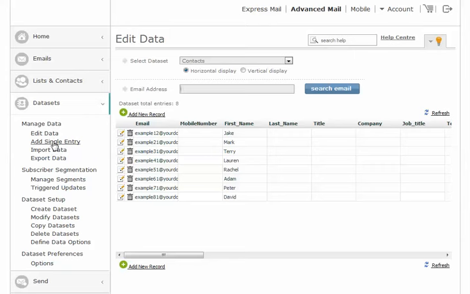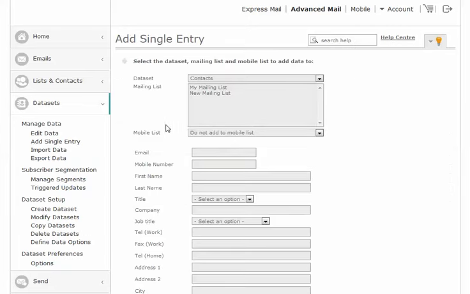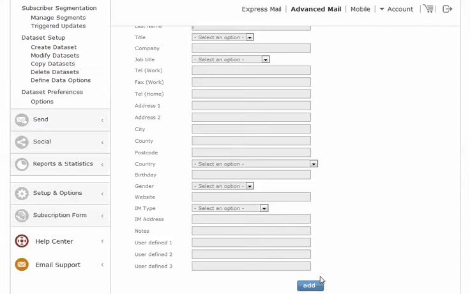So you can also add a single entry. So if you want to add one person, so we've got their details into that dataset, then you can do that. Just simply select the mailing list you want them added into. If you don't want them added into a mobile list, that's fine. Just put in their information. So example at domain.co.uk. You obviously put in the first name, last name and so on, down to the bottom, and then just add that person in, and then they'll be automatically added into that dataset as well as being